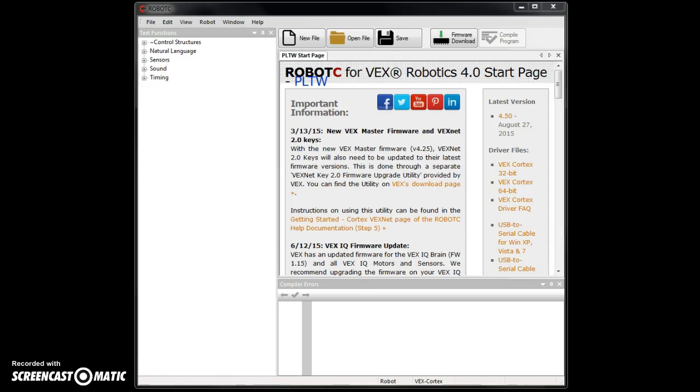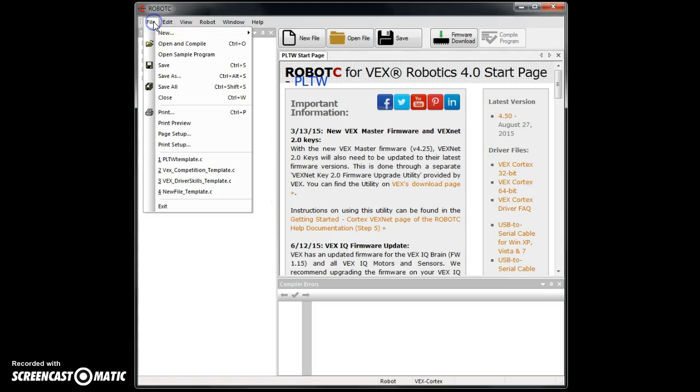Alright, let's figure out that Robot C program. I went ahead and logged in on the Windows side and opened up the Robot C software. Here's my welcome screen. I want to find that template and build off that. So if I go up under File and pick Open Sample Programs,